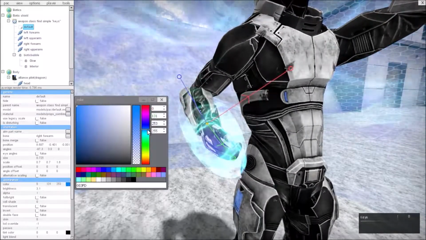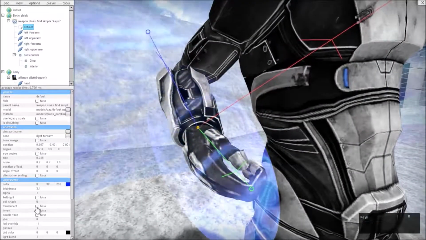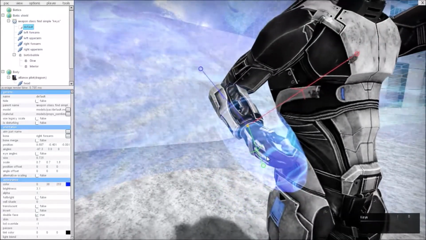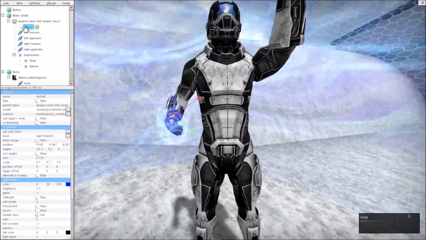Let's say something like that would be okay. And if you want it to show up a little bit better, you can just do a double face, and it'll just put 2 on there. See how it looks like that? So I would just probably double face it to make it a little brighter, and then you can just clone